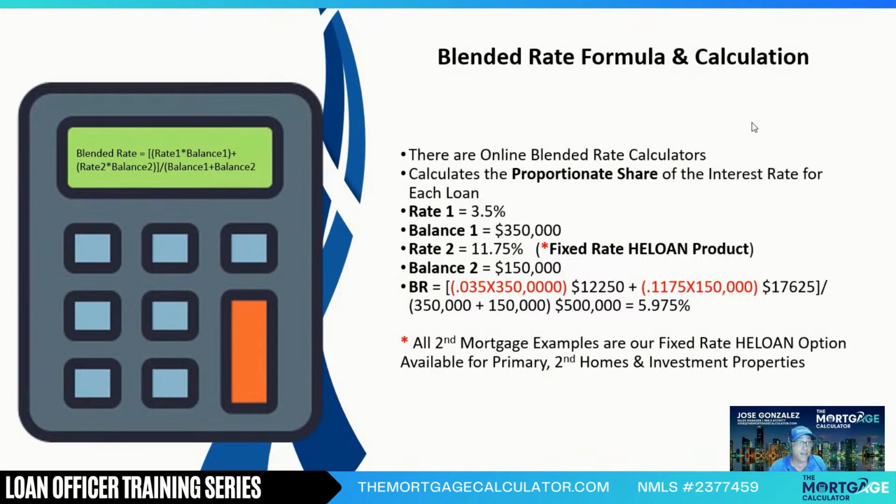$17,625. And then when you add the two amounts, the $12,250 plus $17,625, that's your combined interest. Divide that by $500,000, your combined loan amount, and that gives you a blended rate of 5.975%, right? So 3.5 and 11.75 blended equals 5.975%,